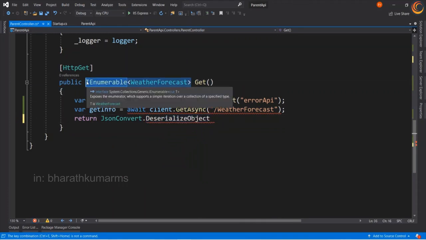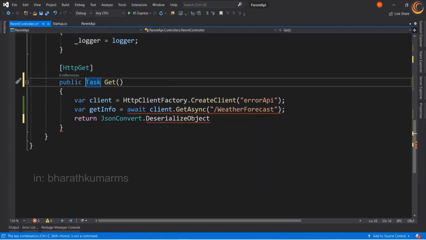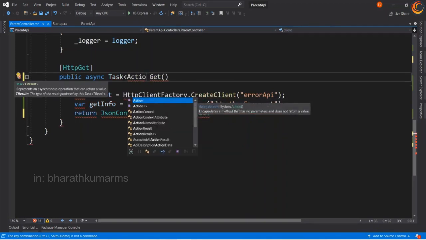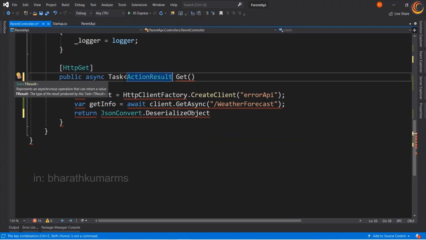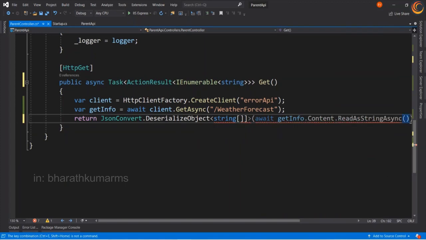Let the return value be an asynchronous task, so put in async. And await for the content.